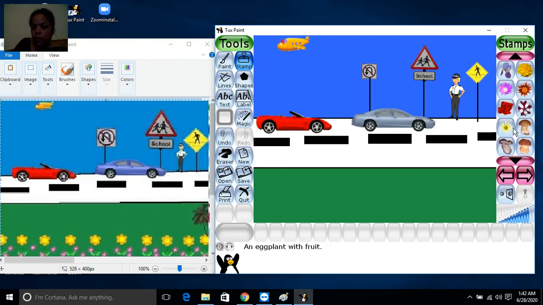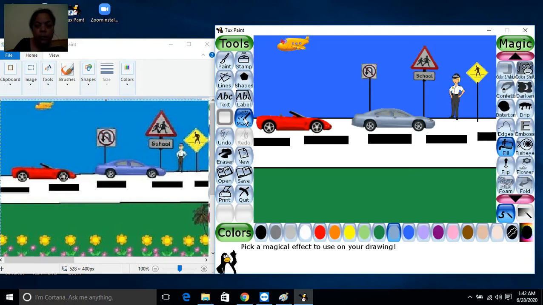We are not having this type of flower here, so we will click on magic tool, and in the magic tool you will get the flower magic tool. We will click on it and here in the color palette we will choose yellow color.